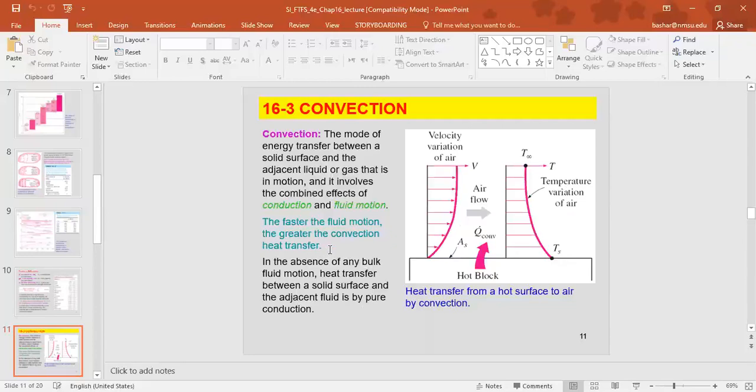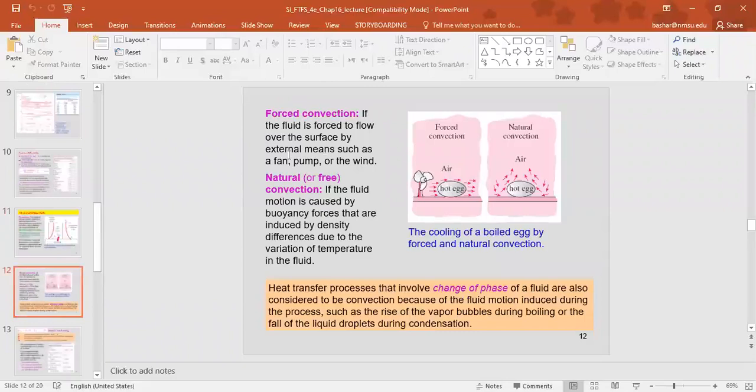Forced convection is when we increase the motion of the fluid by external means, while free convection occurs naturally. We will talk about this later. So in forced convection, the fluid is forced to flow over the surface by external means such as a fan, a pump, or the wind. Natural or free convection is due to the density variation that results from the temperature